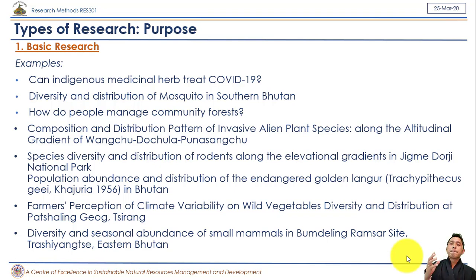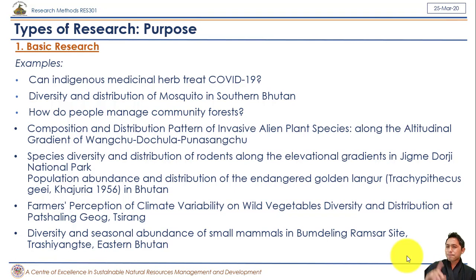The kind of research that we do in this field is basic, because there's no research being done in indigenous medicinal herbs to treat COVID-19. One of the students from 4th year is currently doing his thesis on mosquito diversity in this area. That's basic research, because mosquito diversity has not been studied.